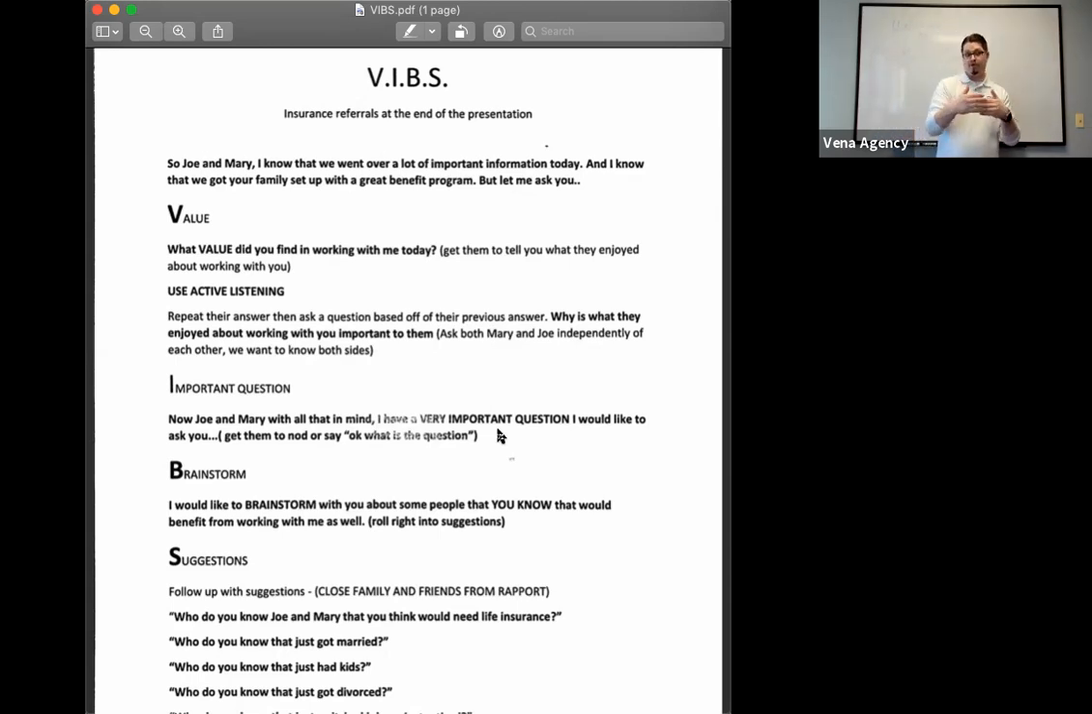That's brainstorm, and then S is suggestions. So VIBS. S stands for suggestions. You got to suggest people. They're not just going to give you people. They might have one or two that they want you to go see, but at the end of the day, you got to suggest people. You got to move them forward in the process. If that makes sense,